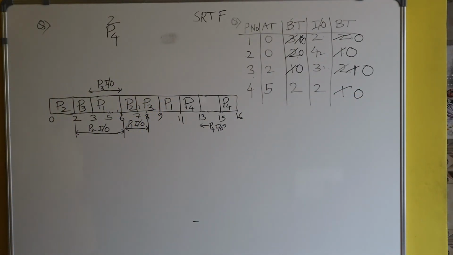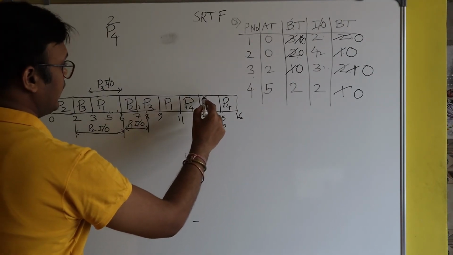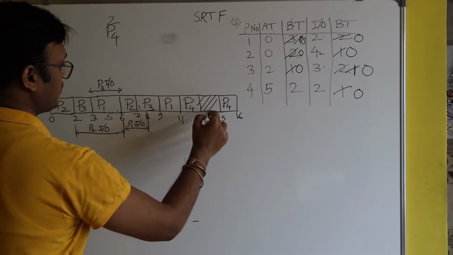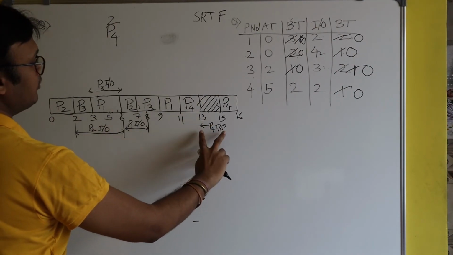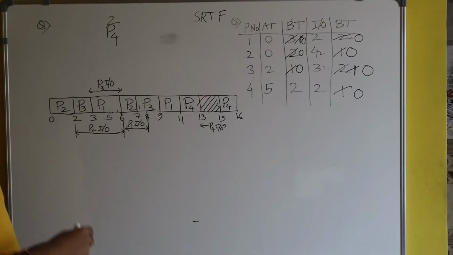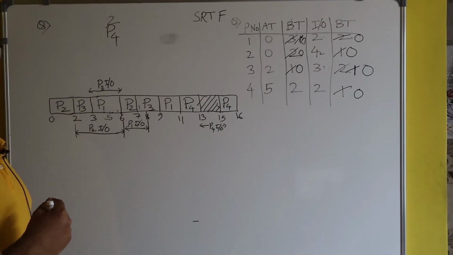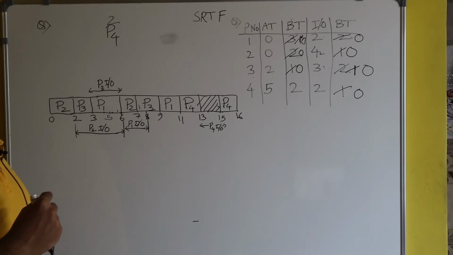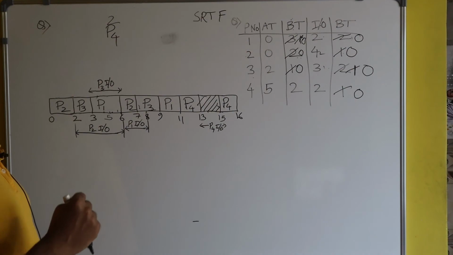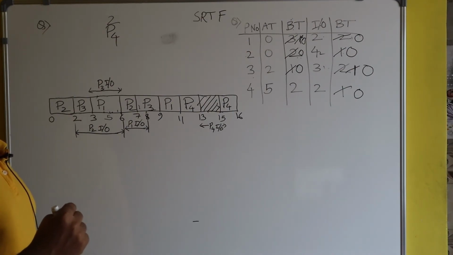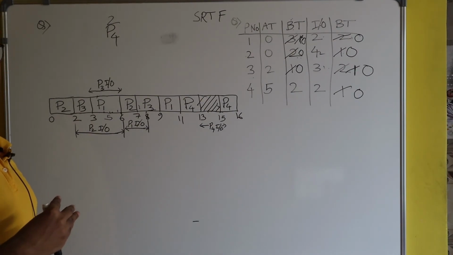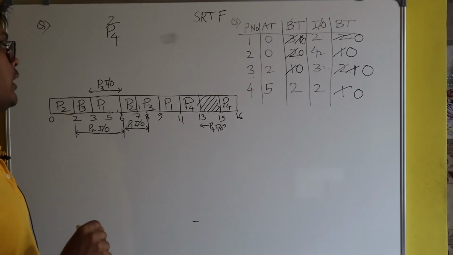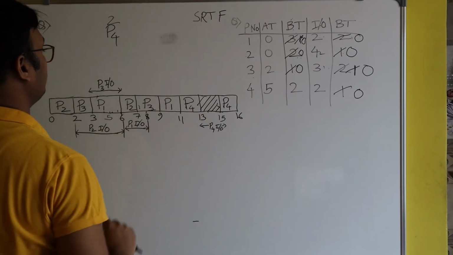So this is the Gantt chart. Here you see it's an idle time. Here the CPU is not given to any process, because process P4 was executing its CPU burst, and then process P4 went to execute its IO. While process P4 is executing its IO, the CPU can't be given to process P4, because process P4 can't execute two things simultaneously, IO as well as CPU. That's why the CPU is idle here.